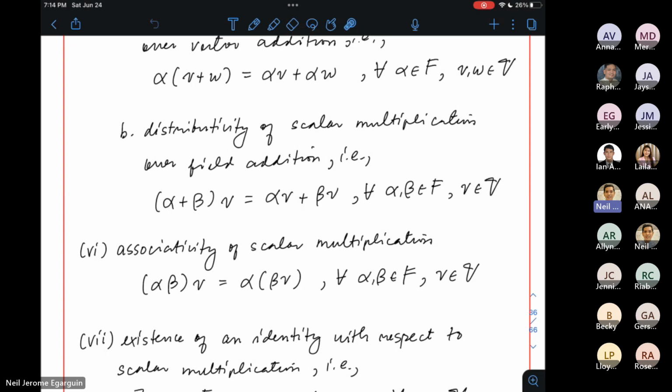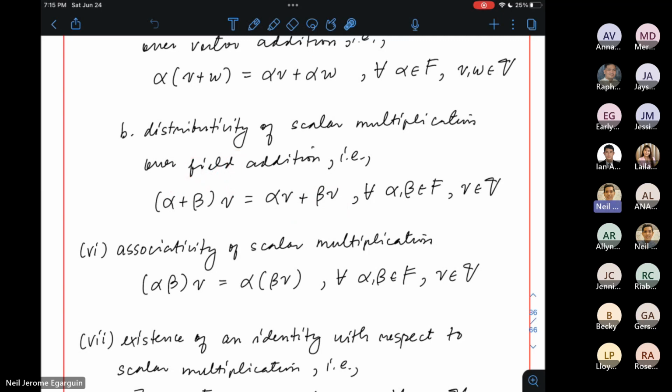Gusto kong gawin yung scalar multiplication over the sum of the two field elements by a vector V. Right? Pwedeng, ang sinasabi ng distributive law B, pwede mong i-add muna yung scalars, tapos yung sagot i-multiply mo kay V. Or there's another way to do it. You can distribute the scalar multiplication sa loob ng field addition. So you can do the scalar multiplication alpha times V, then add the answer to the scalar product of beta and V. So para talagang pinasok mo lang yung scalar multiplication sa loob ng field addition.